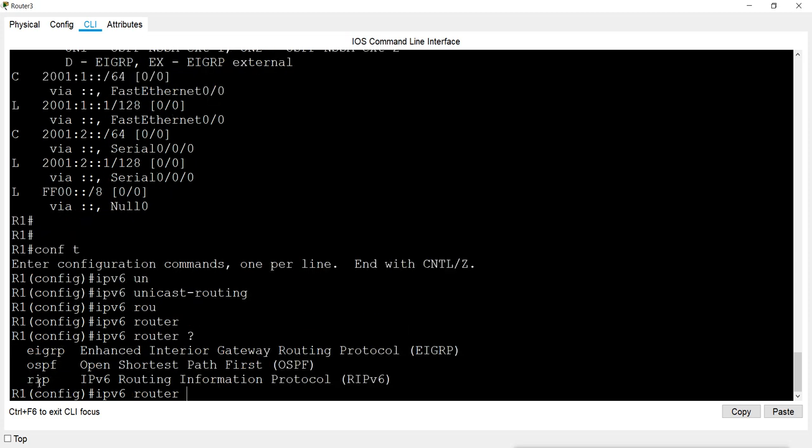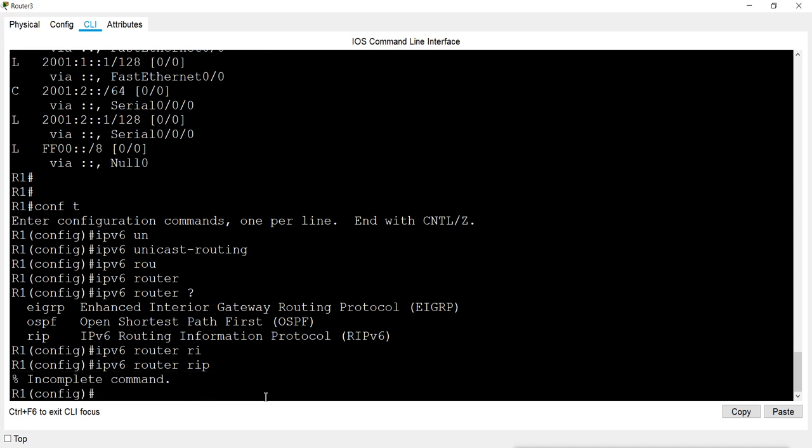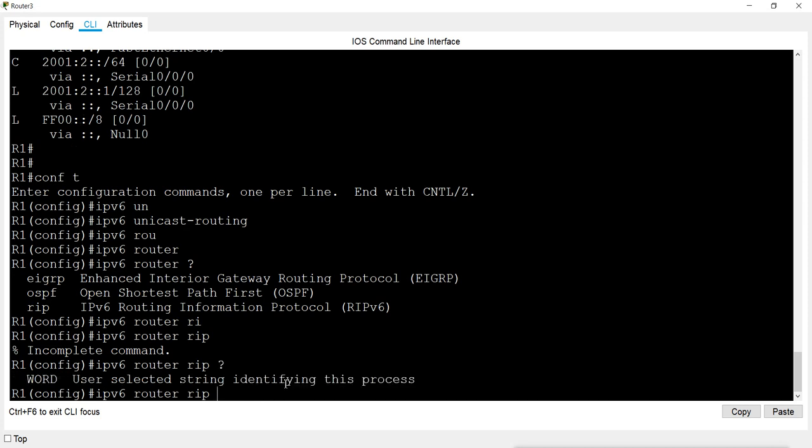You can use RIP, OSPF, EIGRP. We want to use RIP, and here RIP means RIPng, for v6. In normal IPv4 you type router rip and press enter, but here it says incomplete command. Why? Because you have to mention the process name.